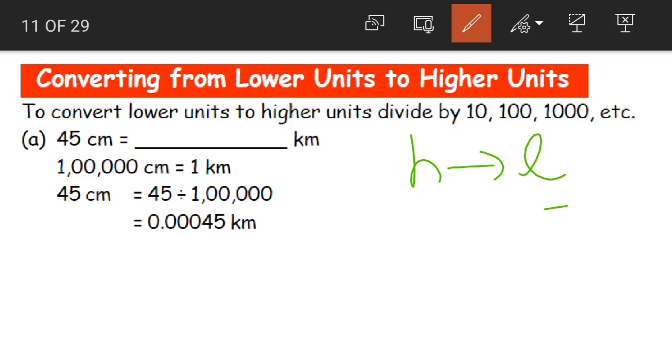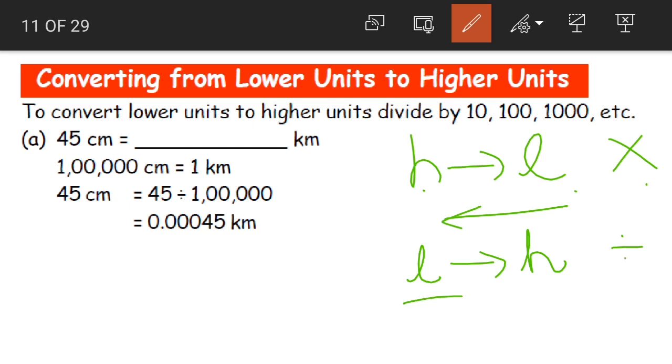Now what if we have to do the opposite? We have to convert a lower unit of measurement into a higher unit of measurement. How do we do that, children? As we are going in the opposite direction, we'll perform the opposite operation. Yes, to convert higher into lower we multiplied. So the opposite of multiplication is divide. When we are converting lower units into higher units, we'll divide them by